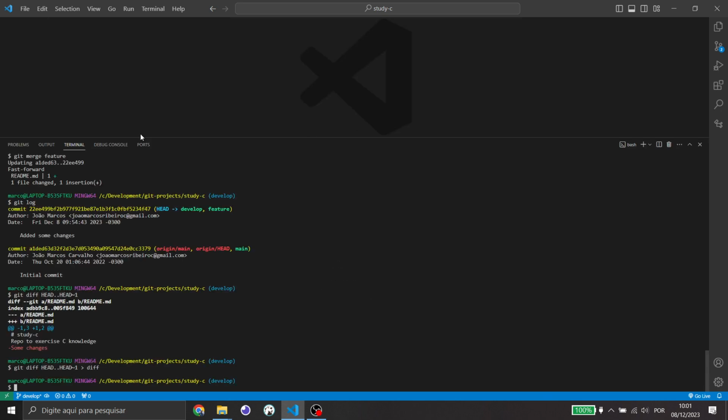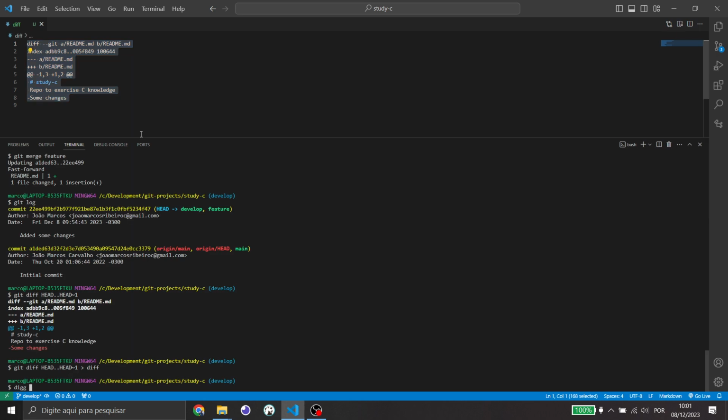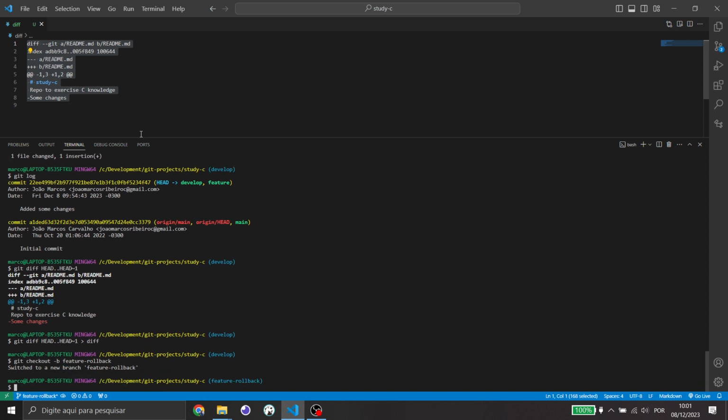Now, if I want to add a commit with that set of changes, I need to do some things. First of all, I think we could create a branch here. So I create a branch, git feature rollback. I'm rolling back the changes that I added on the feature branch. So I will create a branch here in order to open a pull request on GitHub or a merge request on GitLab. So I will apply